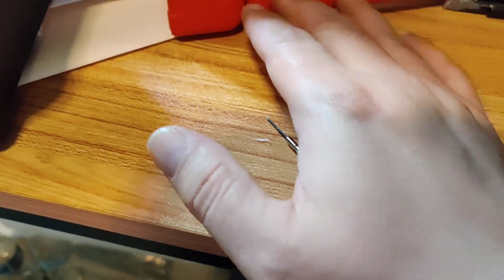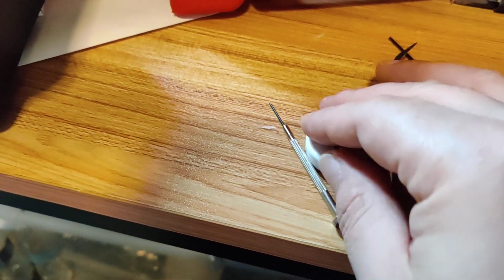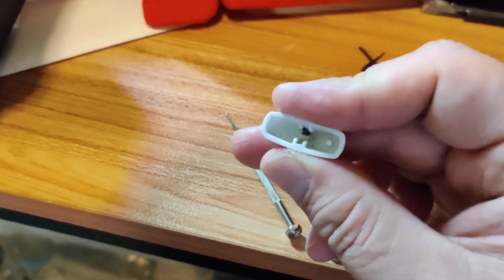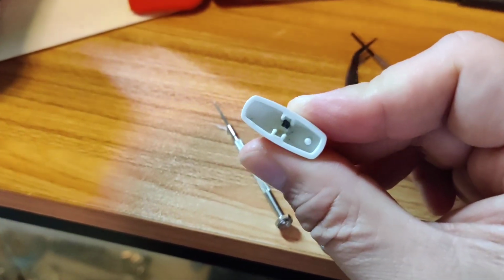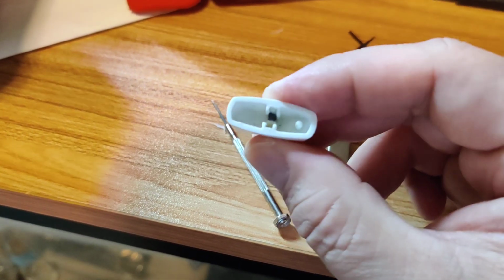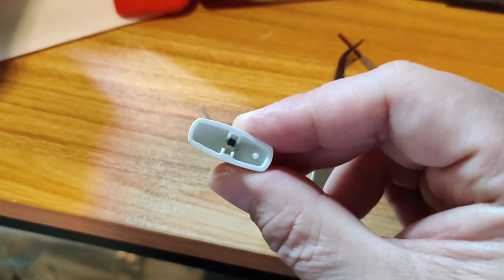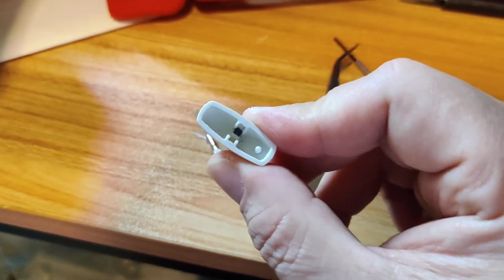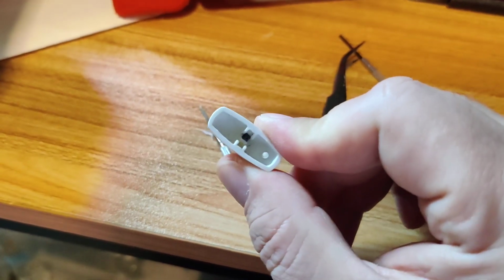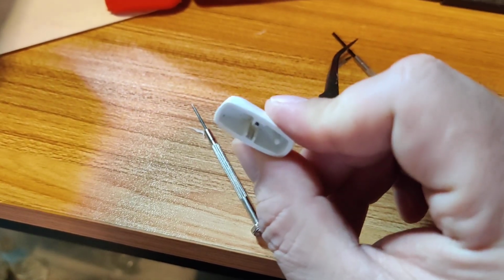So I'm out of ideas how to fix this little light switch dimmer knob. If you have any ideas, I'm open to listen, or if you know where I can find this knob and it's not too expensive, please let me know. I tried Amazon and eBay as well as Home Depot, but I couldn't find anything. So switching to the internet